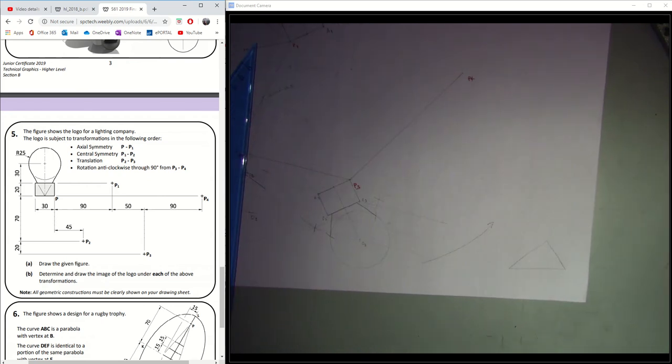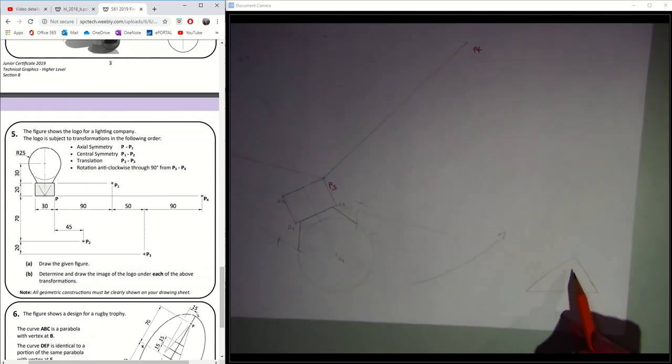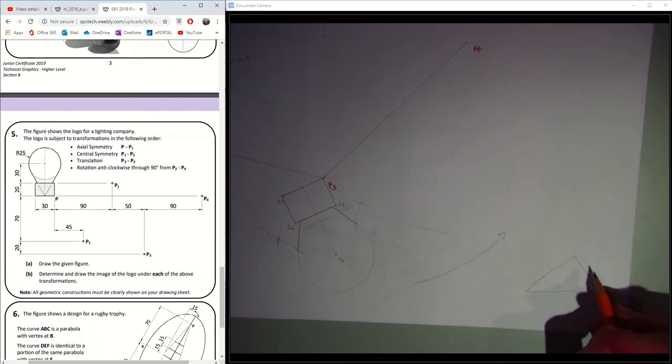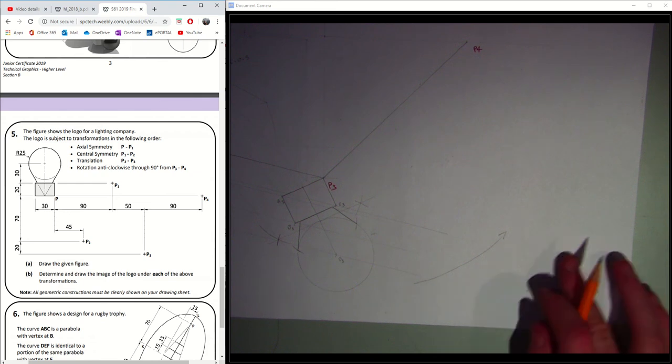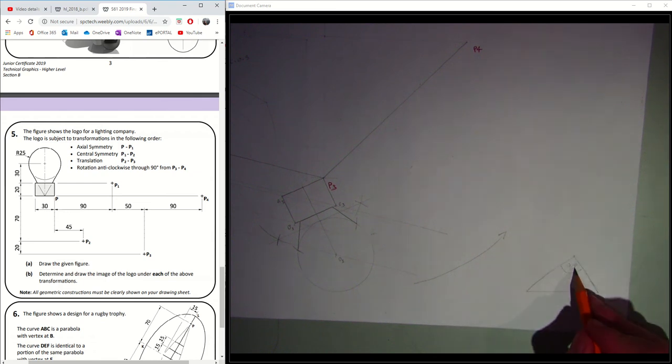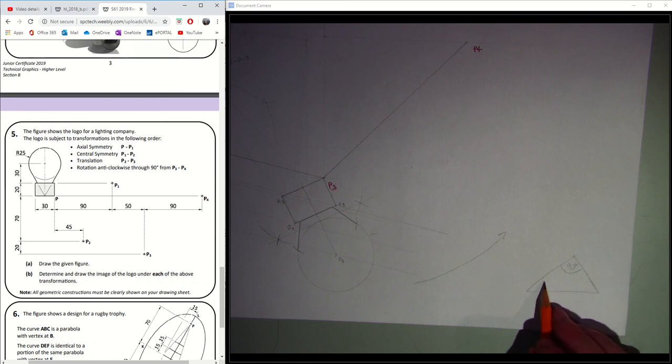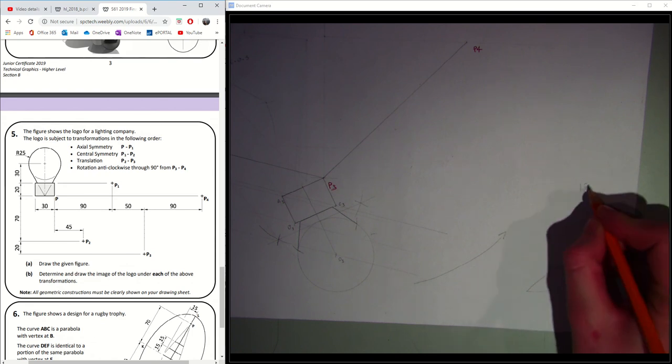Okay, so just zoom in and see what I'm doing here. I need to create an isosceles triangle like this one, with the top section being my center of rotation. That angle is always going to be, in this case, 90 degrees, because that's the part in our question. If we're creating an isosceles triangle and this is 90 degrees, that means, because there's 180 degrees in a triangle,